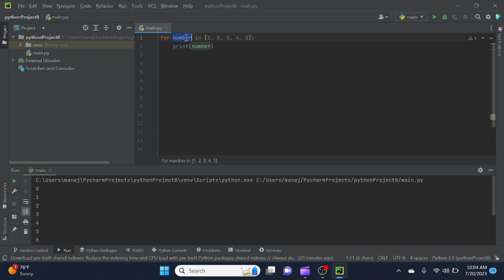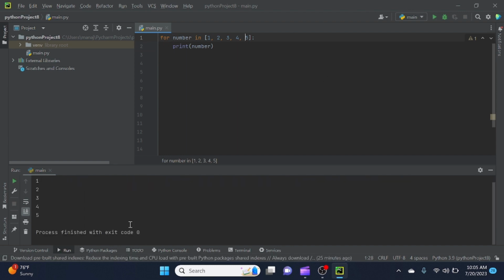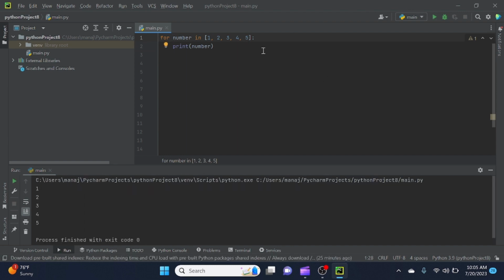So number will first become the integer 1, then we print that, then number becomes integer 2, run the code below, and we keep doing that until we get to the end, and then we stop. Like this. And then if I were to put some different things in here like this,